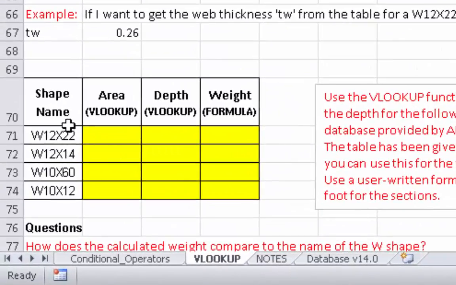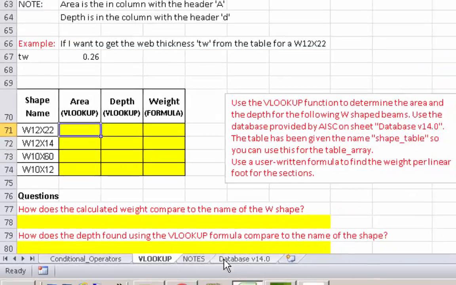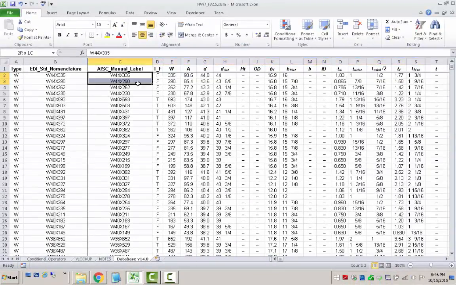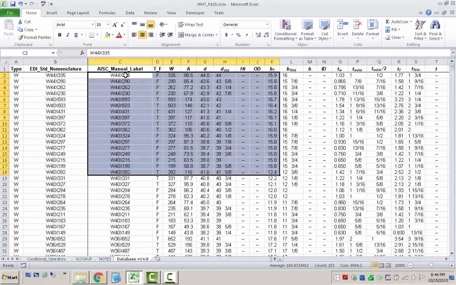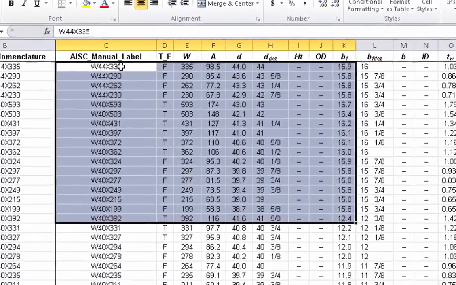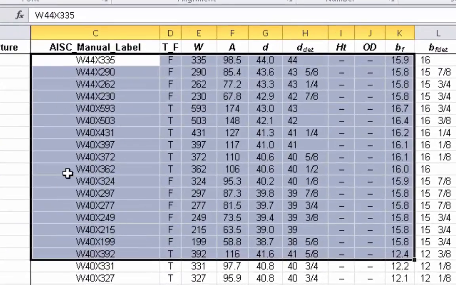So the ones of interest that I want to grab are the area and the depth, and then I'm going to compute the weight so that we can see where these shape names come from. So the area itself is going to come from a table that's much larger than the one I have highlighted, but the labels are in the leftmost column. So this is column 1, this is 2, this is 3, and this is 4. So the area would be in column 4 of this table, and then the depth is right next to it